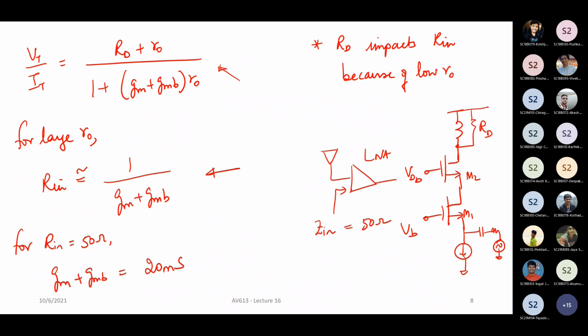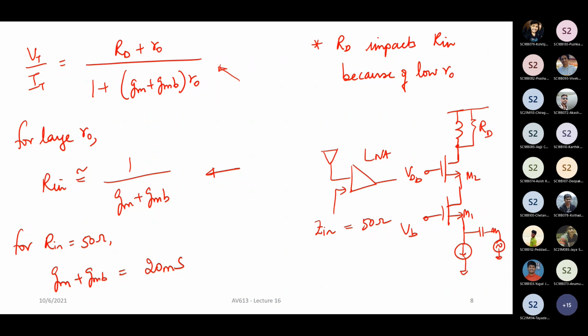So the cascode transistor came as a kind of buffer. In one way, you can think of it as something which increased the effective R0 of your M1, right? That we know why it does, right? So that is one way to look at it. Another way to look at it is to say that your M2 kind of shielded your RD from the input impedance.